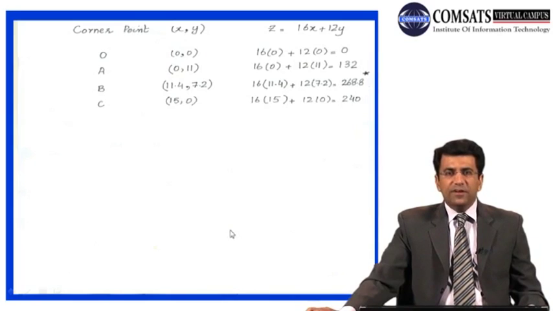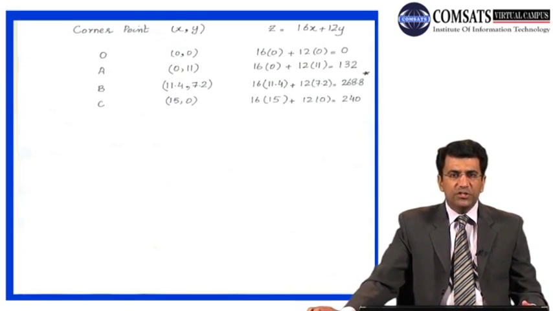So again, we took another example for that maximization problem, in which we are interested in a combination of two products which can help the operations manager to maximize the profit. And you have learned how we can achieve this particular objective of the operations manager through, of course, the graphical method of linear programming.